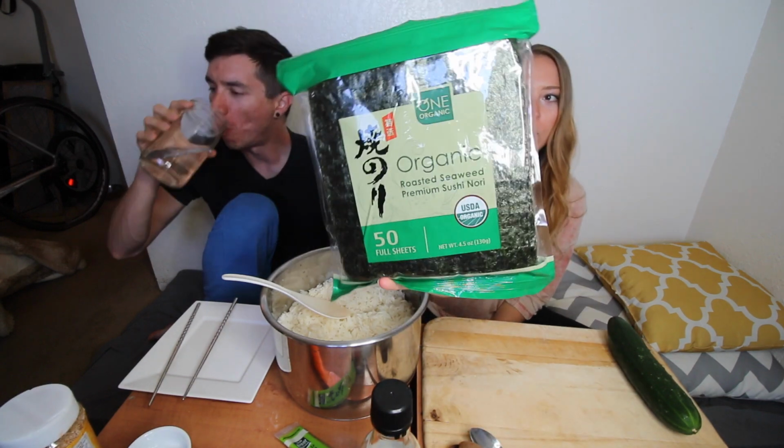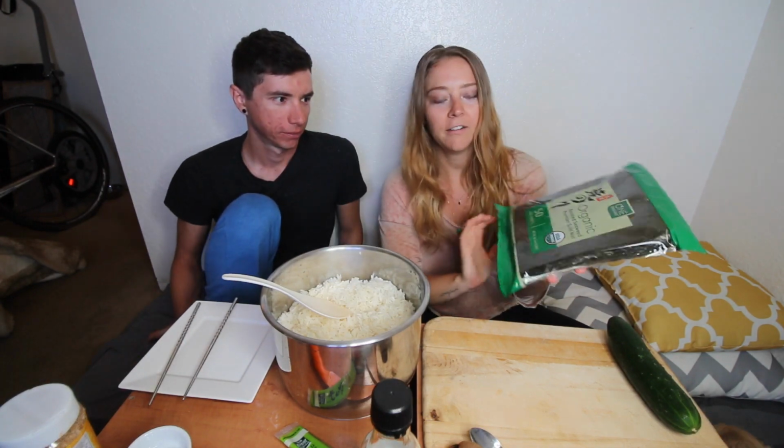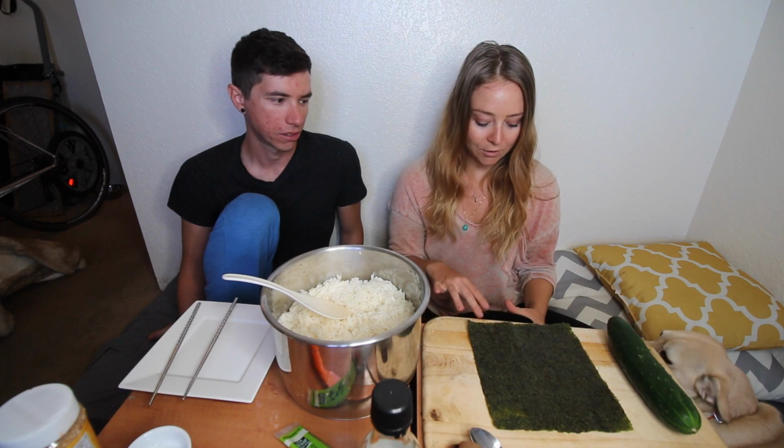So, first thing that you're gonna need is some nori sheets. These are organic roasted seaweed. I get these off of Amazon. They're the only ones that I've found that are hand picked, hand harvested. A lot of times the mechanically harvested seaweed that they use for sushi rolls will kill a lot of fish and stuff in its wake. So I like that these were hand harvested, but regardless, I would just make sure that you get...